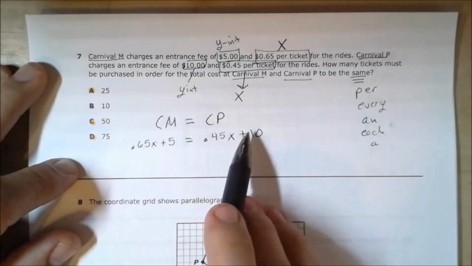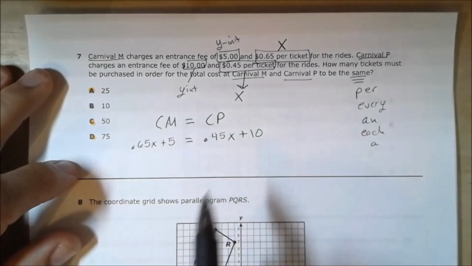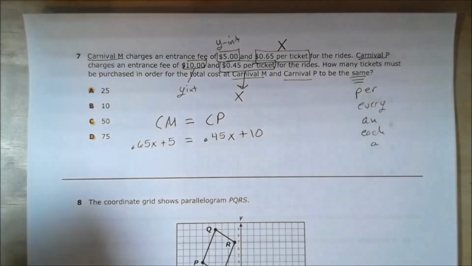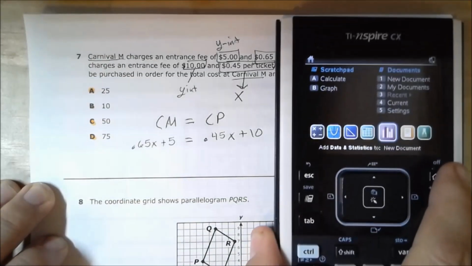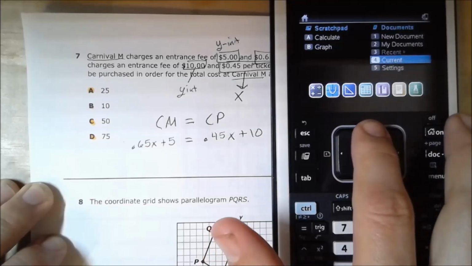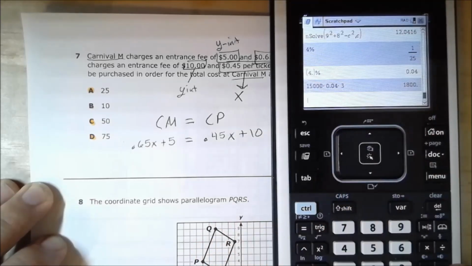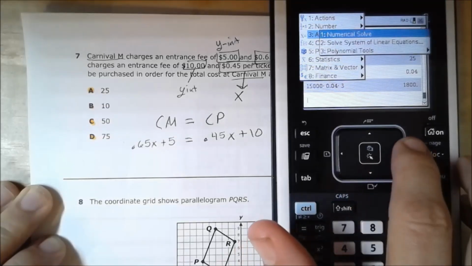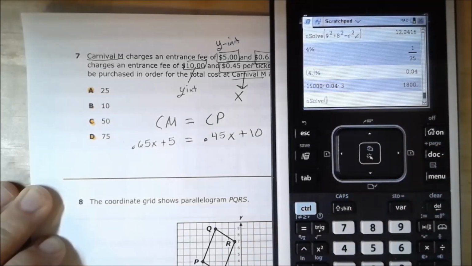Now once I've got this set up, we just need to put it in numerical solve, solve for x, and we're going to know which one of these numbers it is. So let's go ahead and put that in our calculator. So go to calculate, hit enter, and then I want you to hit menu. You're going to go to option 3.1 for numerical solve, and we're going to put this in: 0.65x